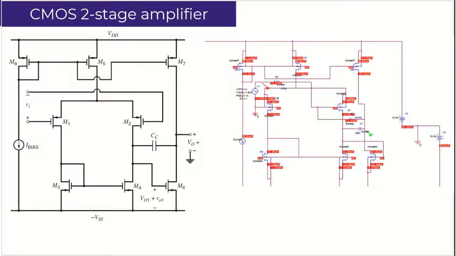This is the schematic of the two-stage CMOS operational amplifier. In this section, our CMOS two-stage amplifier will be designed based on the NE5234 and